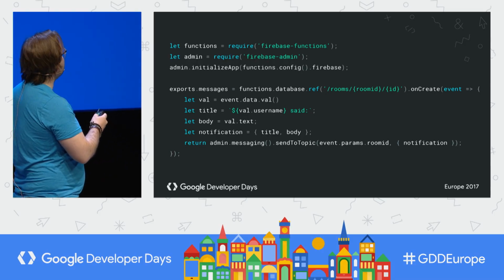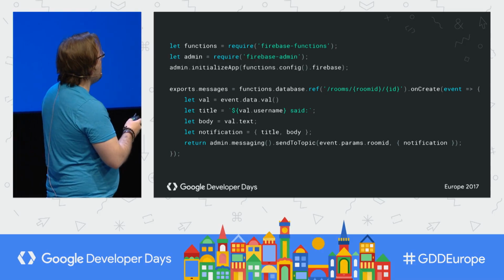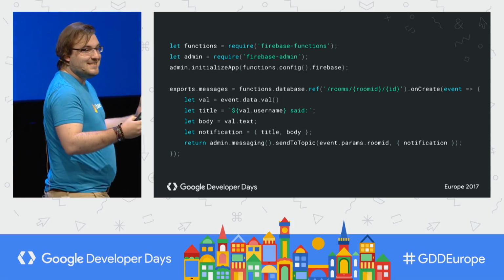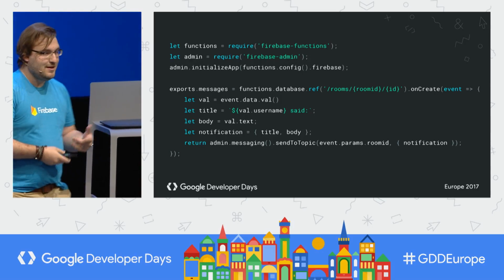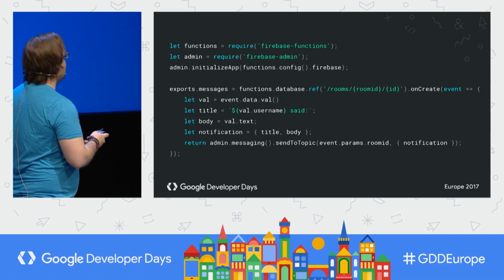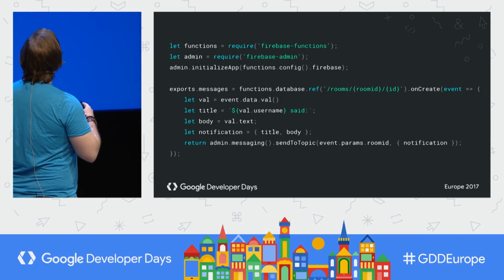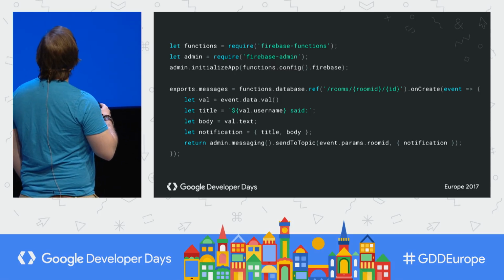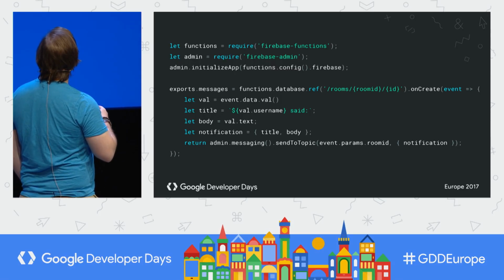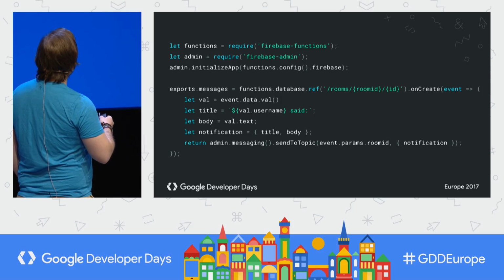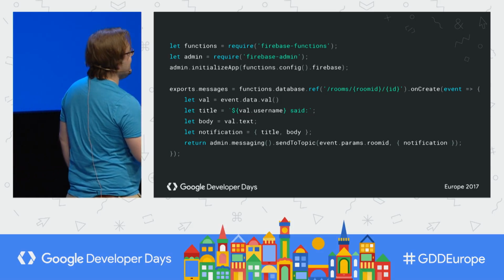Those will be parsed into our parameters. And then on create means it's a database insert rather than an update or destroy. It sends an event object. We pull the current value. We pull the username from that, the text, title, body, and we send it to the room ID on an